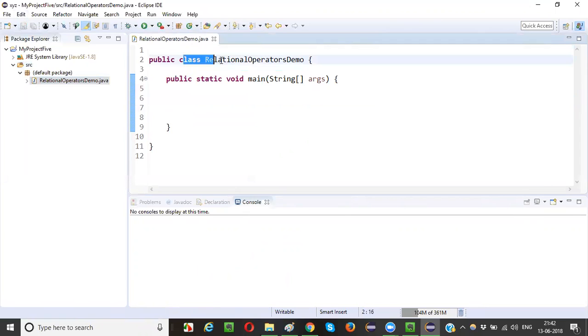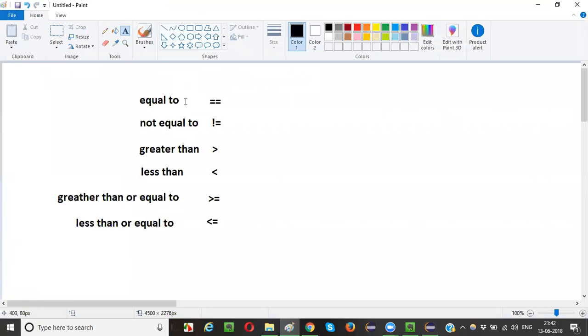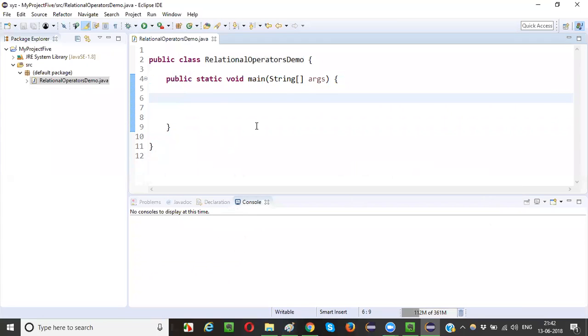Now guys, this is a class and this is a main method. Inside the main method I am going to demonstrate the relational operators. So what is the first relational operator, guys? Equal to is the first, which is nothing but double assignment. That is the first relational operator I want to demonstrate. System dot out dot